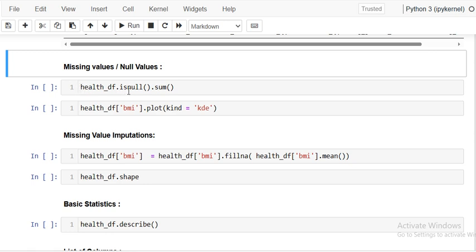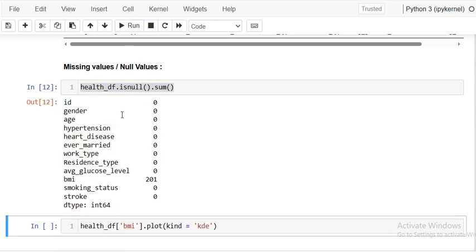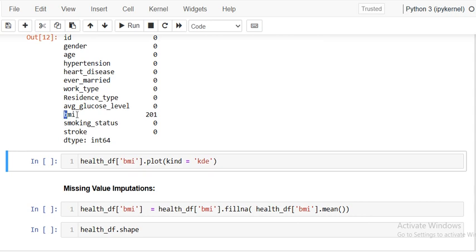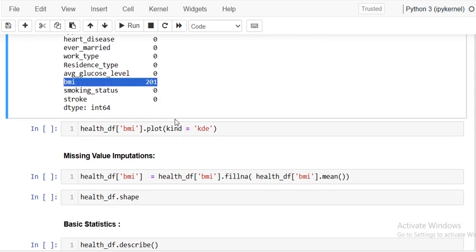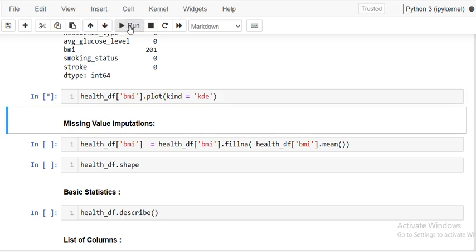So here, df.isnull().sum() will give you the column-wise null values. Now only the BMI column has null values. So we can plot the BMI column only. We can check